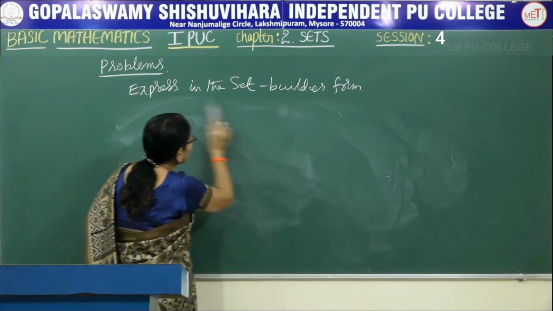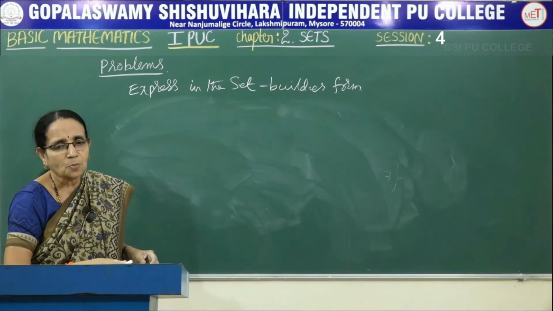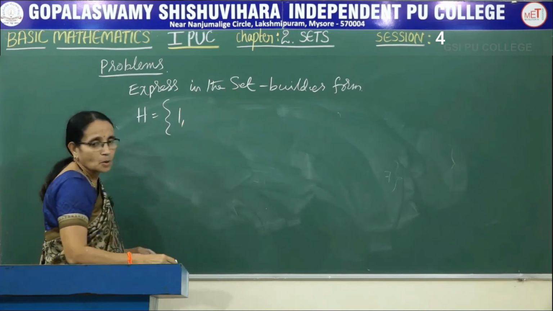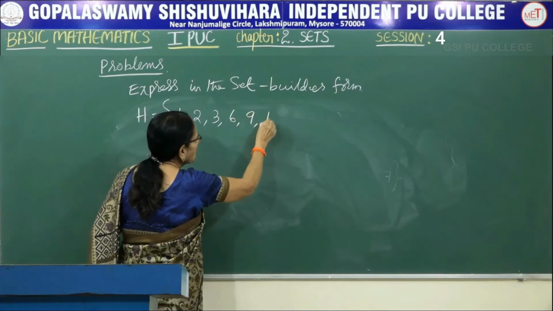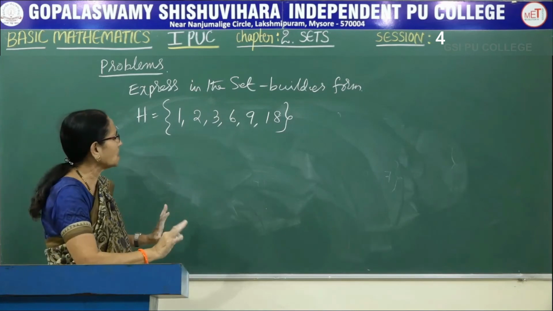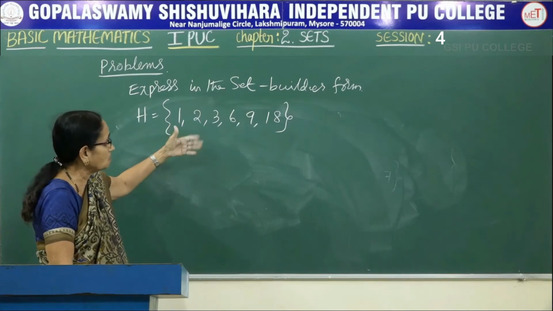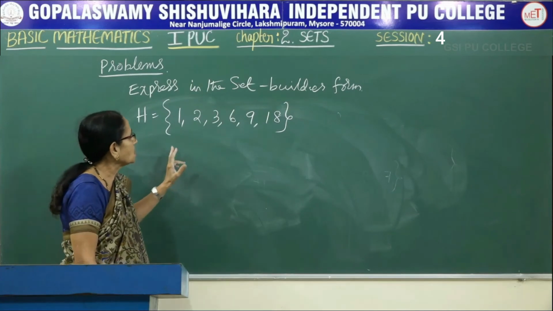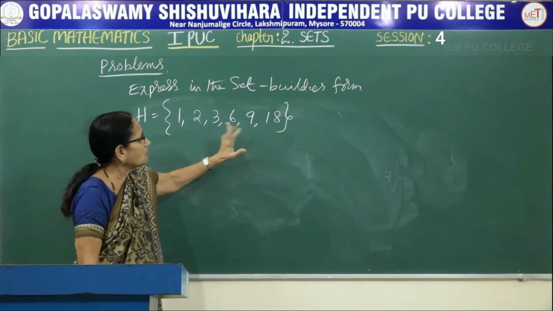Some problems would be a little bit easier. By looking at the numbers directly, you can tell them. For the next problem, take the set to be H. It contains 1, 2, 3, 6, 9 and 18. And again here, the numbers are not directly connected with one another. They are neither the squares nor the cubes of a number, nor multiples of a number. Look here, the biggest number is 18. Now look at all the remaining numbers.